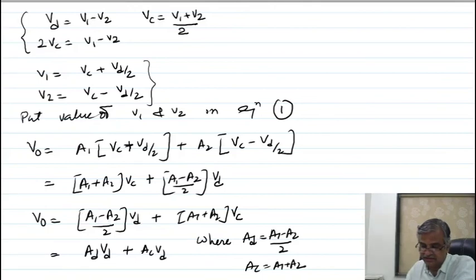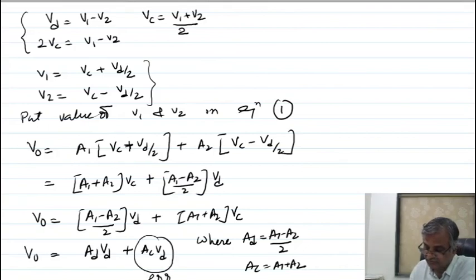You are getting this plus this. This is your differential gain. So this equation shows that there is some error in the output. This is called error, because the output should be only this much. Here is a writing mistake, as we see. For a differential amplifier, the output should be only due to the difference of the input signals, meaning this. So this is called error. This much error is introduced in the output.